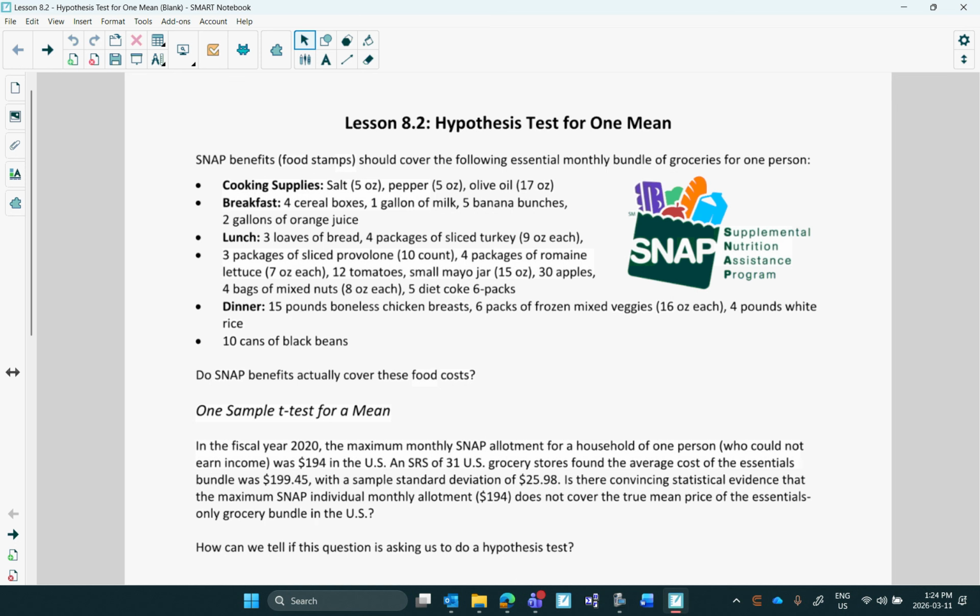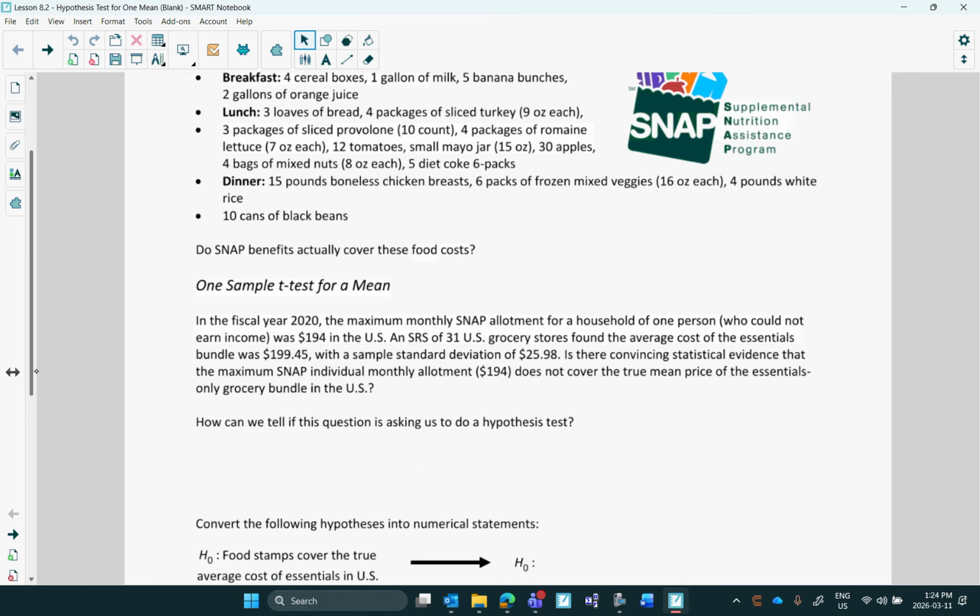And SNAP benefits over the month should cover the following food items for one person. And you can see it there. So the question is, do SNAP benefits actually cover these food costs? If you went out and bought all this stuff, would it be covered? So in the year 2020, the maximum monthly SNAP allotment for a household for one person